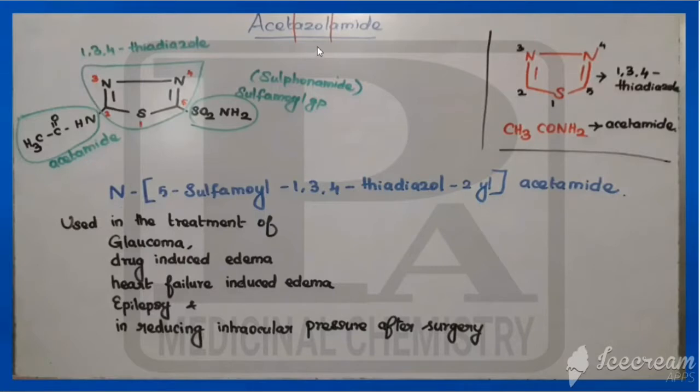Students, last class we have seen what are carbonic anhydrase inhibitors. So in this class we are going to see the examples under carbonic anhydrase inhibitors. The first one is called acetazolamide. From the name itself we can say that it is having an acetyl group, and it is having one azole and also an amide. So it is having acetylamide, that is called acetamide, and that is connected to azole.